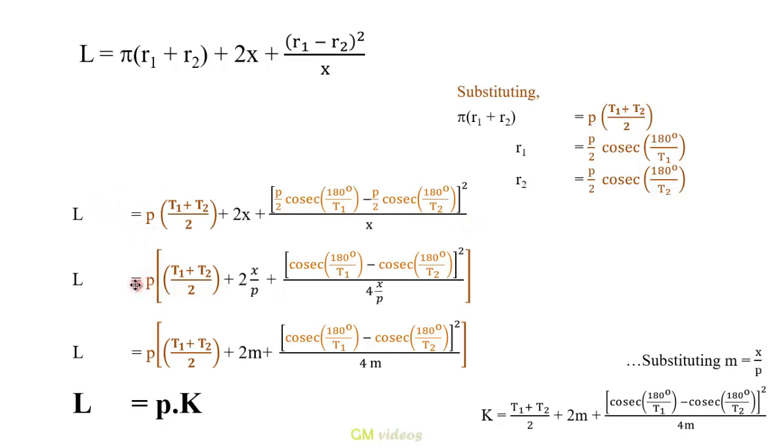Now from this equation, let us take pitch outside. So therefore here this would be x by p. Here again it would be x by p. And this pitch are all commonly taken out. Now let us substitute x by p with a term m, and also over here